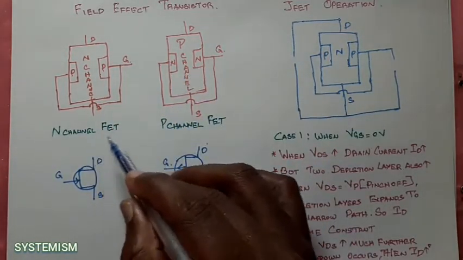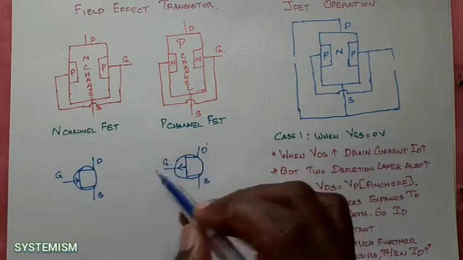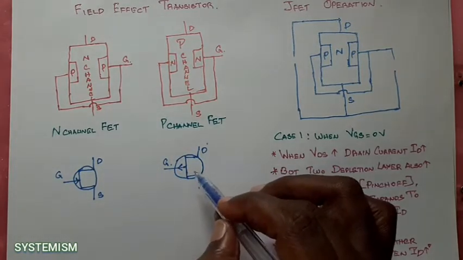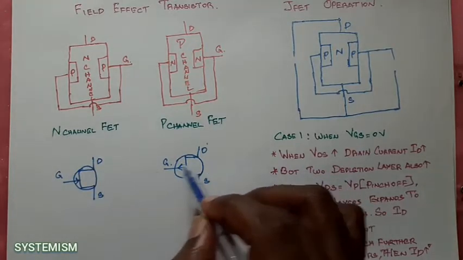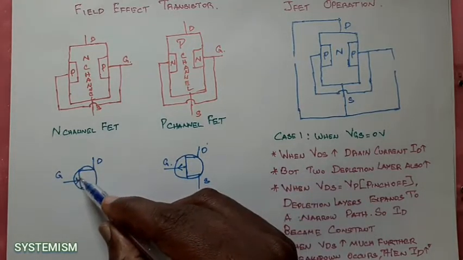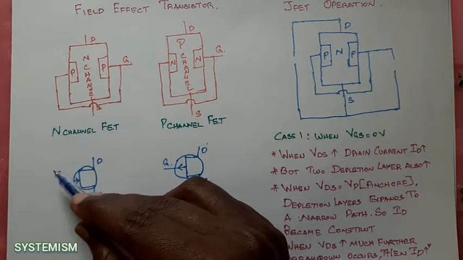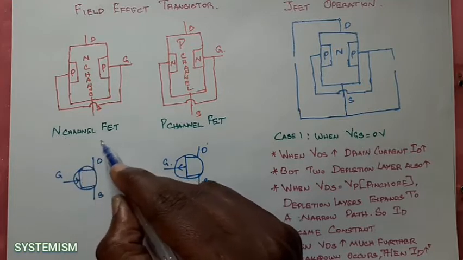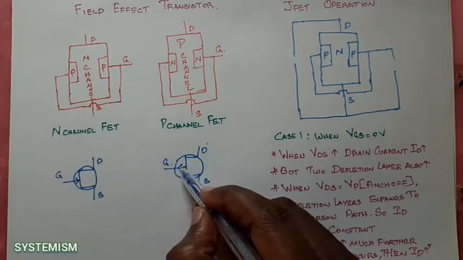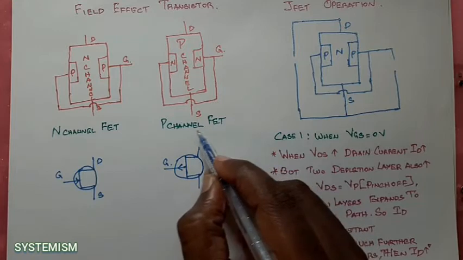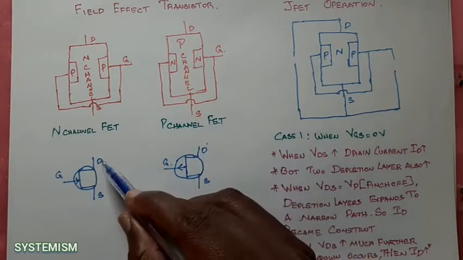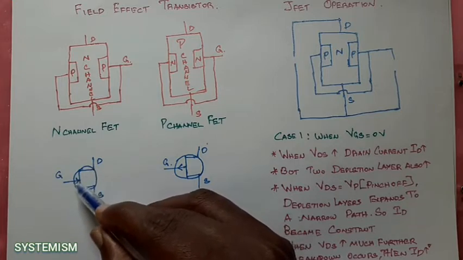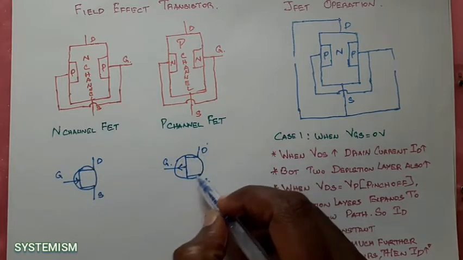Okay. Now we will see the symbol. This is the circuit symbol for N channel field effect transistor and P channel field effect transistor. Both are mostly equivalent and the only difference is the arrow mark at the gate terminal. If the arrow mark points inwards, then it is an N channel field effect transistor. If the arrow mark points outwards, then it is a P channel field effect transistor. Okay, drain, source, and in between this drain and source, the terminal is called gate. The same way here also.